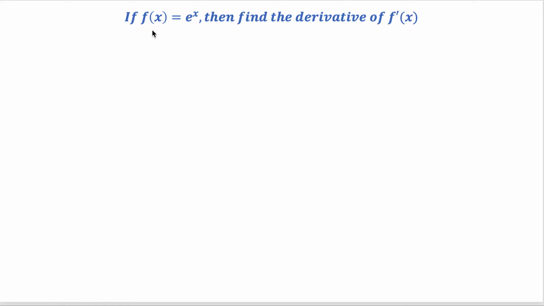So if f of x is equal to e to the power x, then find the derivative of f of x. First of all, to find this derivative, there are many ways, but let's use the definition of the derivative. The definition of the derivative says f prime of x, which I can write as d f over dx, but I will write it with this notation, is equal to the limit as h approaches 0